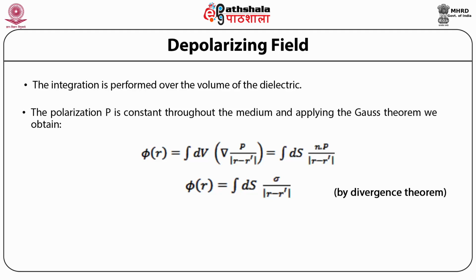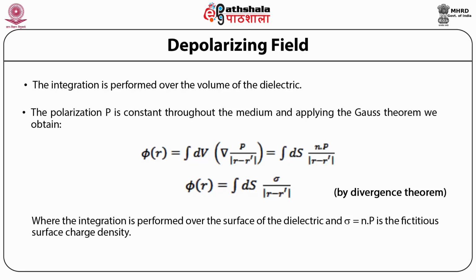So finally we get phi(r) equal to the integral over dS of sigma by modulus of r minus r prime, where the integration is performed over the surface of the dielectric and sigma equal to n dot P is the fictitious surface charge density. Here n is the unit normal to the surface directed outward